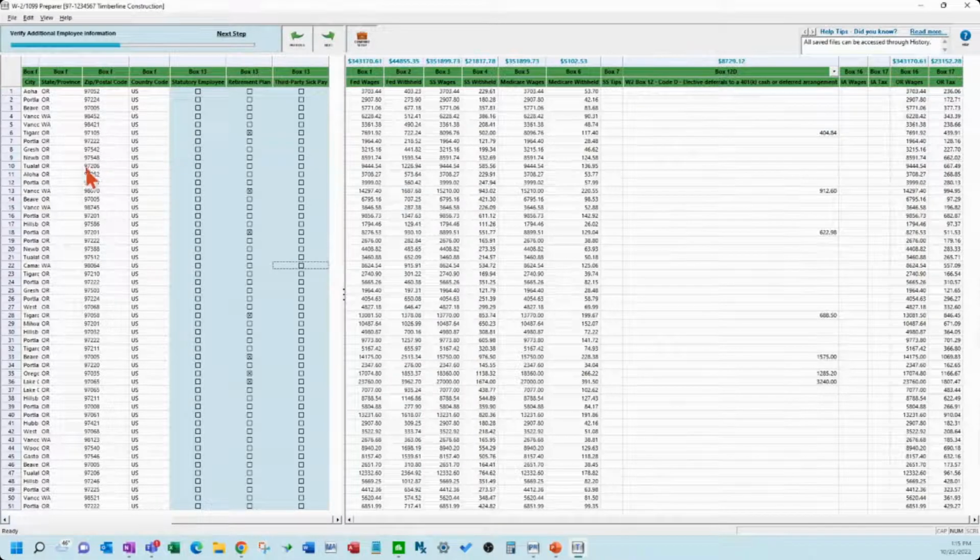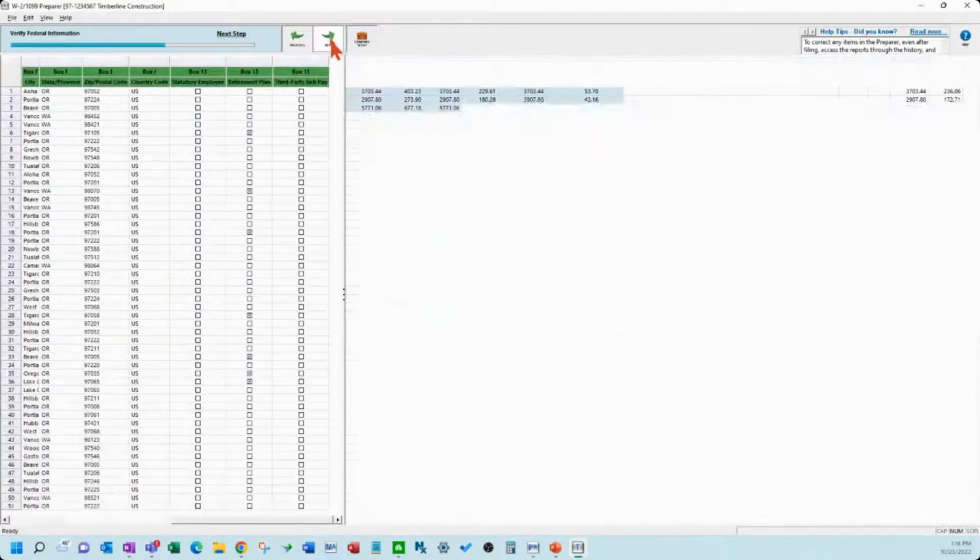Okay, so this overrides anything that you have done in the past in the payroll module. So you can change addresses in here. I don't recommend it. Recommend going back and fixing the employee record first, but you could change an address in here if they just moved right before you're processing your W-2s and you just want to fix it quick. You can do it right here in the wizard. Okay. So we're going to hit next and see the next step it takes us to.